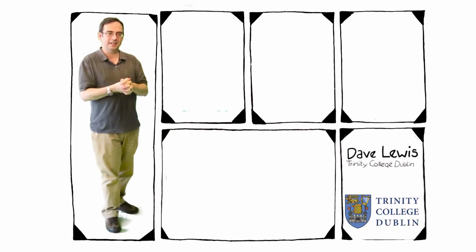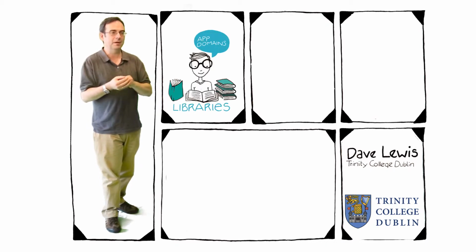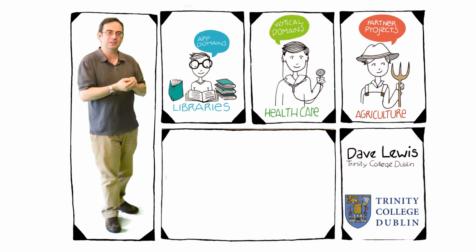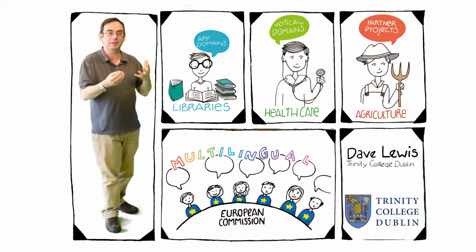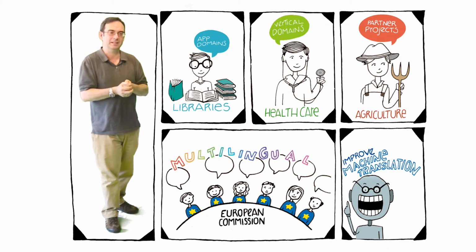In LIDER, we're very interested in drilling down more with particular application domains. That may be working with libraries, so we're starting to work with some of the national libraries in Europe. It may be working in particular vertical domains such as healthcare or agriculture, and again there are partner projects who are looking at projects in those areas, and also working with the European Commission itself as one of the biggest producers of multilingual content in Europe, and working with them both to improve how they can publish multilingual data, how they can encourage other national governments who do translations to publish that data, and also how to use that to improve technologies like machine translation.